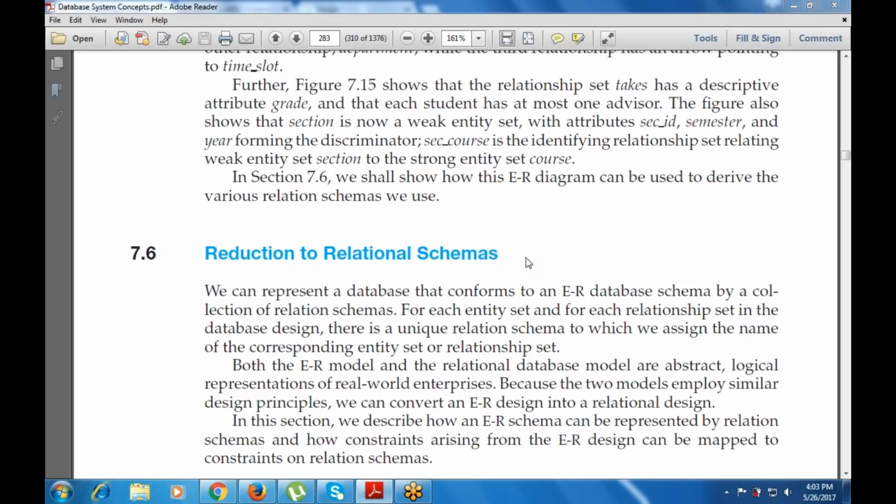Today's topic is the reduction to relational schemas. In the last class we covered the basic concepts of the ER model, how it is built, what diagrams and figures are used for making an ER diagram. So we can represent a database that